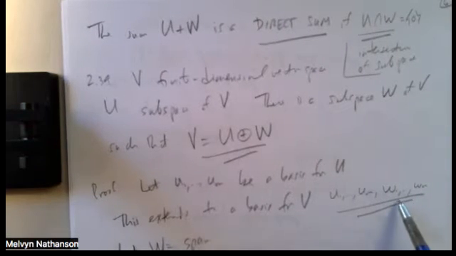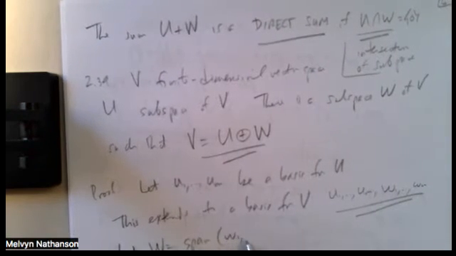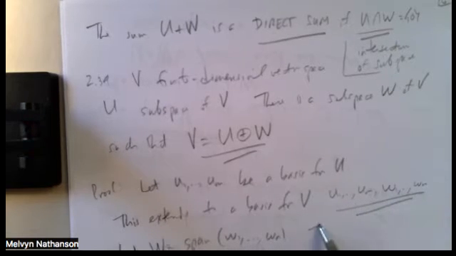And let W be the span of these vectors we just added, W1 up to W sub N. So every vector in V is a linear combination of the U's and the W's. So V is certainly the sum of U plus W. We only have to show that the intersection of U and W